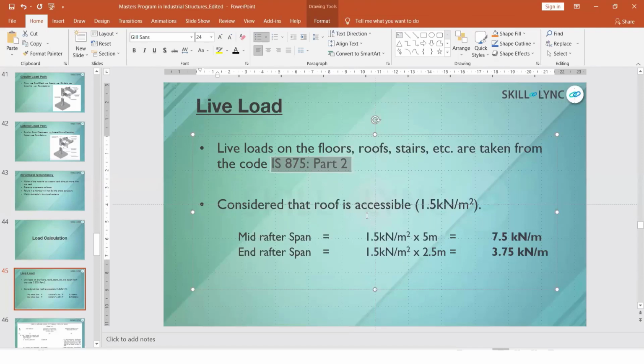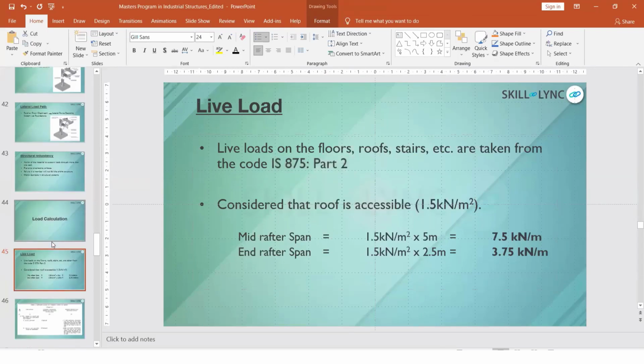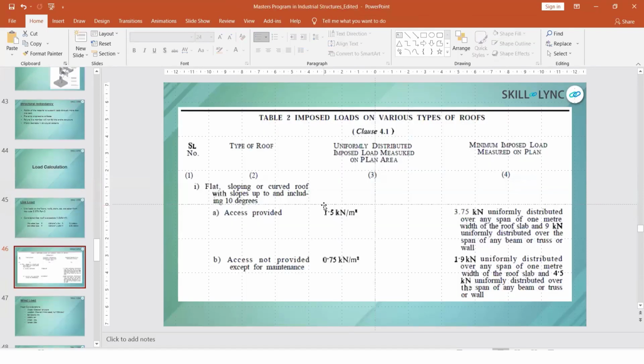Apart from that, the main thing you have to consider is the load on the roof. There is a clause in IS 875, I don't know whether you might have seen. There is a table 2 which says if the roof is accessible, then a 1.5 kilonewton per meter square uniform loading should be considered.